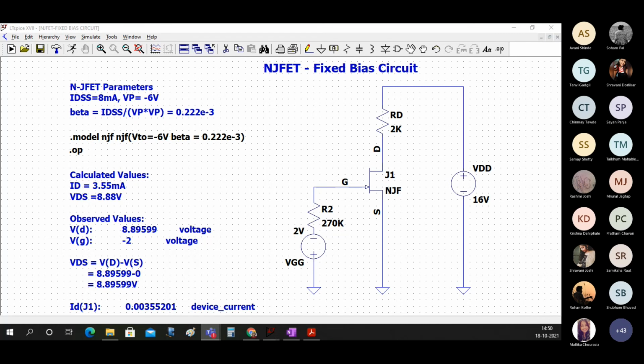Sayan, have you also done potential divider bias? Yes, I posted. Okay, I could see that. Just one more request: put even the current values in the circuit.